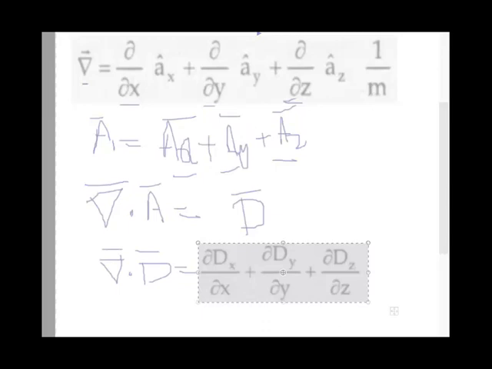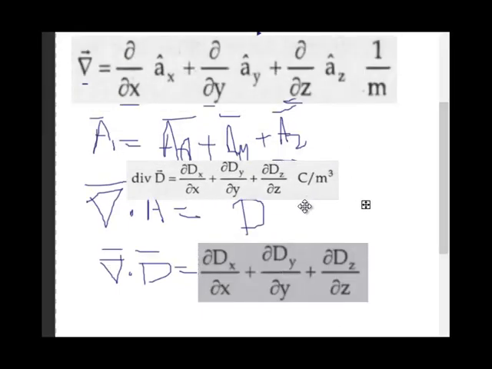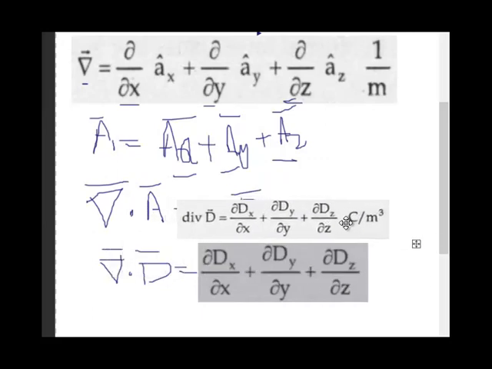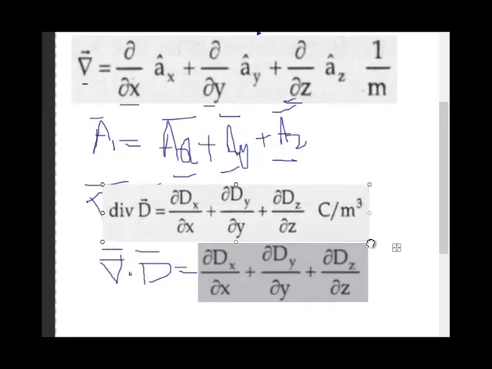Let me put that formula. So this del dot D is the divergence of D, and the right hand side is the same. The divergence of D is also calculated as equal to the volume charge density. It is observed that the volume charge density is the same as the divergence of D. Divergence of D is also equal to the volume charge density rho v.